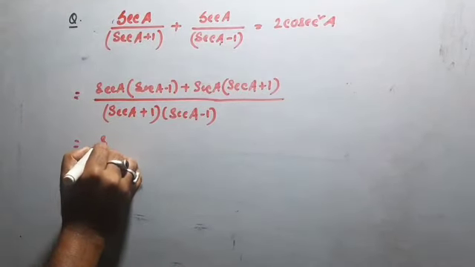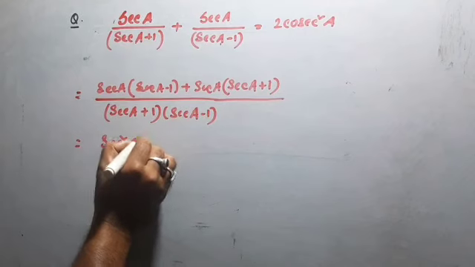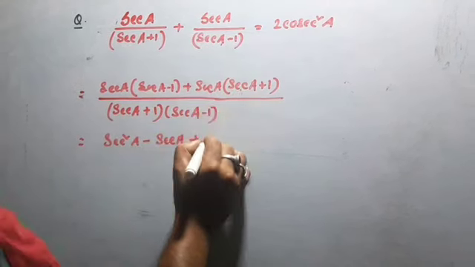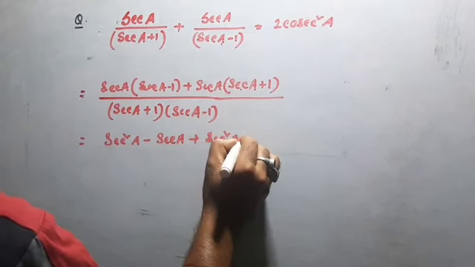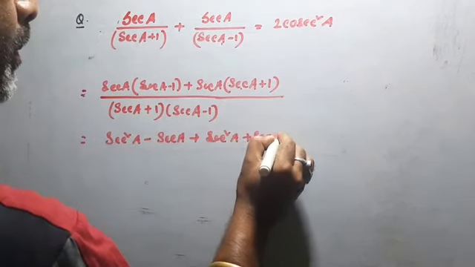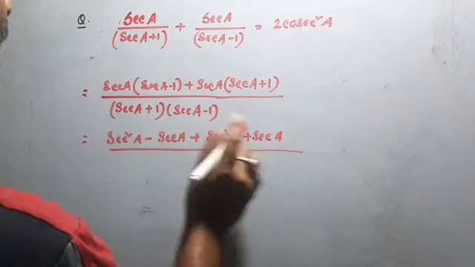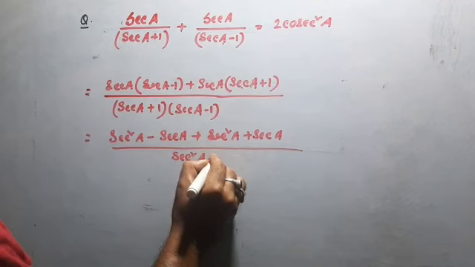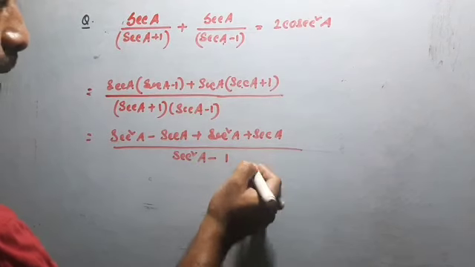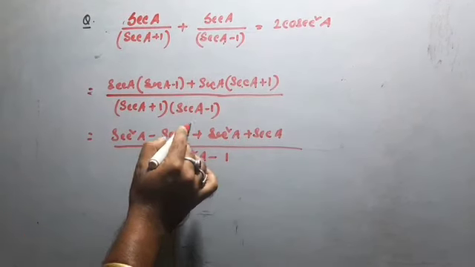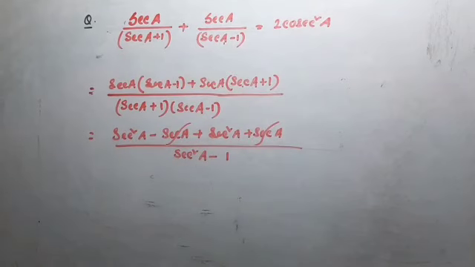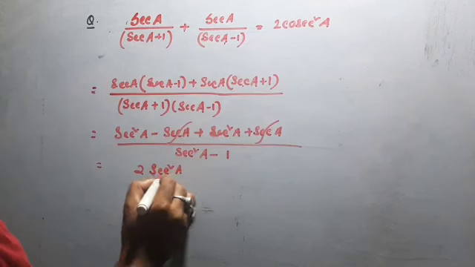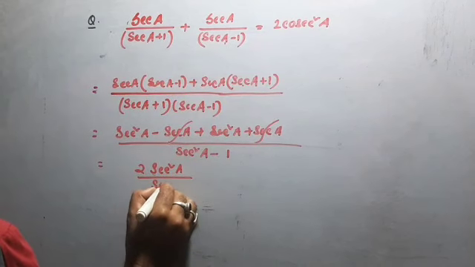Here sec into sec square a minus sec a, plus sec into sec square a plus sec a, and here again a plus b and a minus b, so a square minus b square. So we can say sec square a minus 1 square, so 1 square is 1. So here minus sec a and plus sec a cancel, so again you have 2 sec square a by sec square a